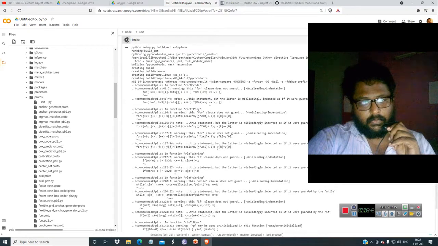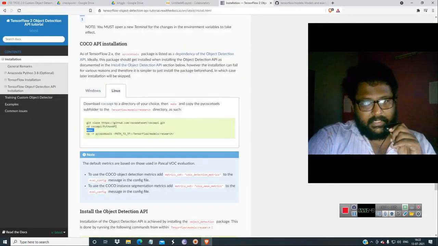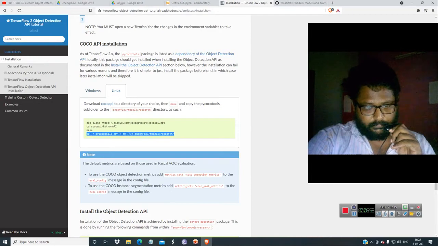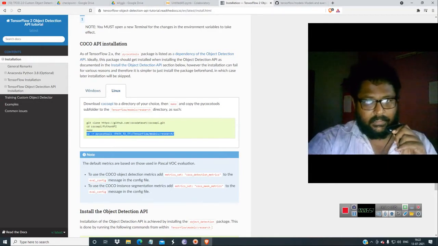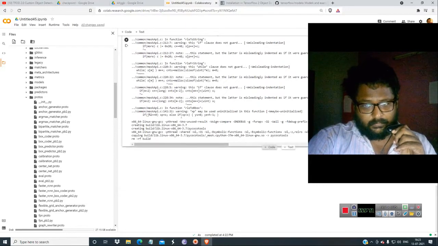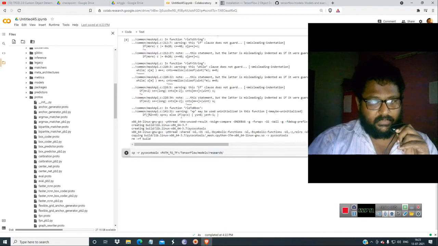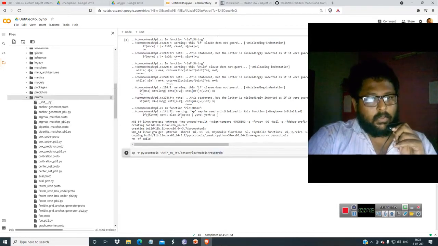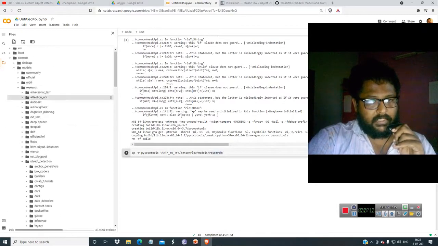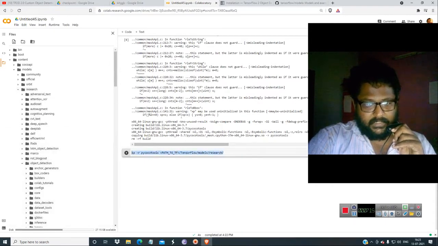This will be done soon. Okay, that has been done. Then in here you have to copy this pycocotools folder. Control C. This is a big procedure, and this is what I hate about TensorFlow, but it is accepted on most devices. Now you have to get to the research folder, copy the path and just paste it over here.